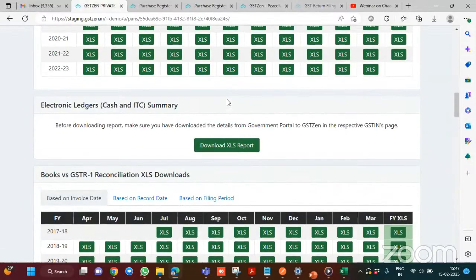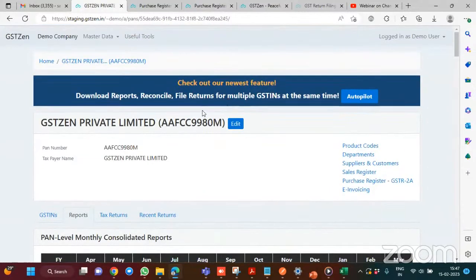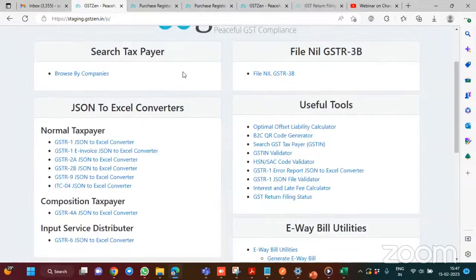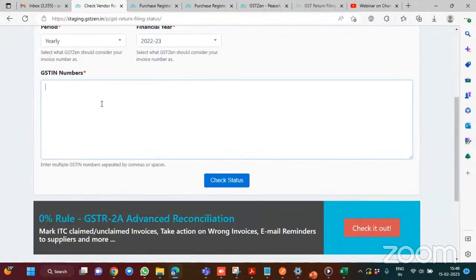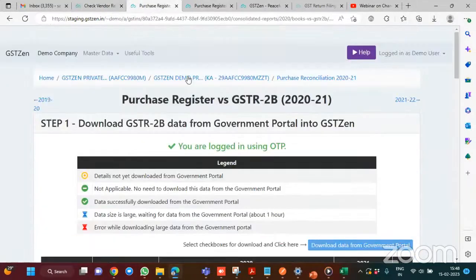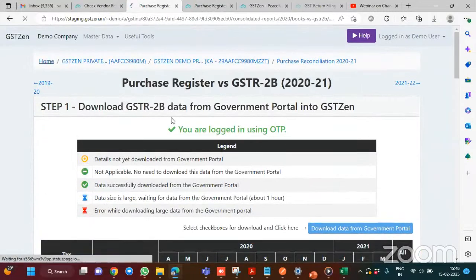Now, the other condition that Venu sir had talked about was you would not be able to claim the ITC, or you'll have to reverse the ITC before 30th of November if the supplier has not filed their GSTR 3B. So how can you see whether your supplier is compliant or not? So here in the useful tools, we have provided this facility, GST return filing status. You can add the number here. Let's say I want to check for this one GST number,